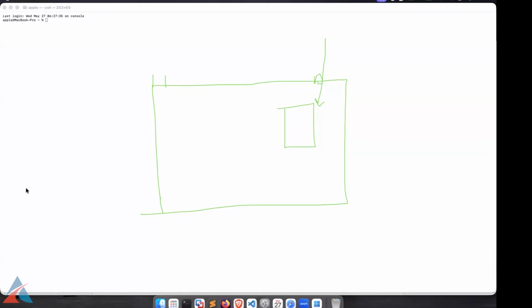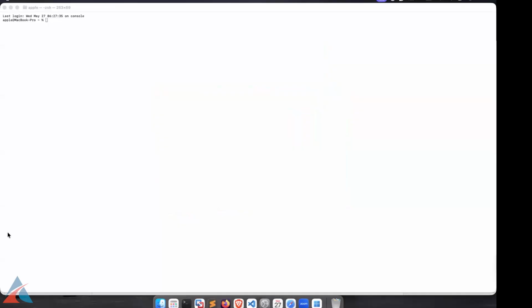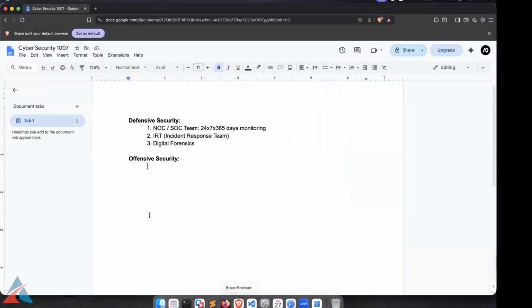So that is the most important thing that we have in offensive security. It's more of an ethical hacking. You might have heard about this term. The offensive security team does it. In layman's terms it's called ethical hacking, and in security terminology it is called VAPT, vulnerability assessment and penetration testing.